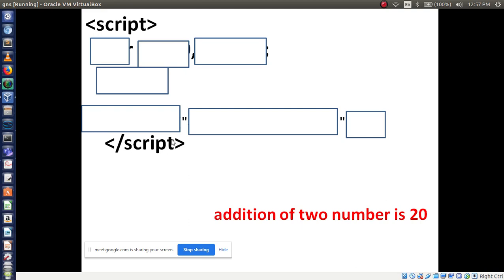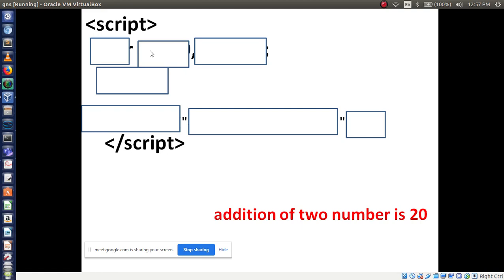So how to define that? var x equals some value, 10, comma, y equals 10, comma, then another variable named z. In a single line only you can declare multiple variables, right? Then where should the result be stored? In the z variable.